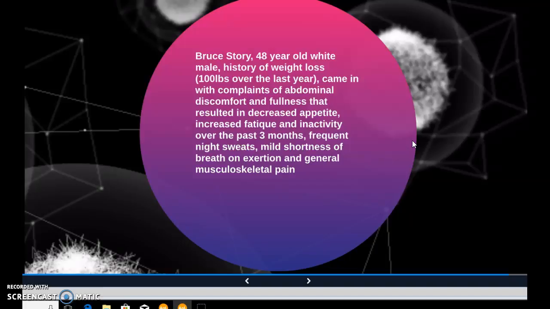We want to look at his BUN and creatinine, his renal function, and any kind of cardiac issues. We want to get an echocardiogram so we can see what his ejection fraction is to start, because we do know that some of these drugs can lead to